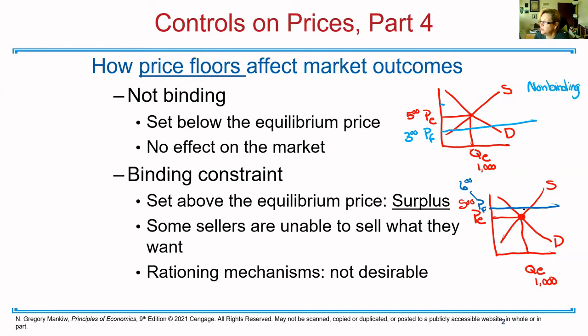Now, prices cannot go below the floor. So what happens is when the price gets to $6, it stays there. This becomes a binding price floor. As economists, we would say this market is no longer efficient, particularly because here's the quantity demanded of something less than 1,000 units, let's say 800, and the quantity supplied is something much greater than the 1,000 units, let's say 1,200. Because the quantity supplied is greater than the quantity demanded, we end up with a surplus,